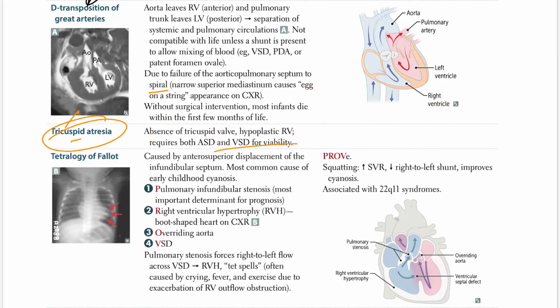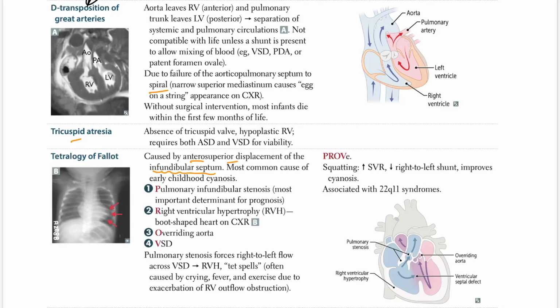Tricuspid atresia. The next thing is your tetralogy of Fallot, high yield. What is tetralogy of Fallot? It is anterior superior displacement of the infundibular septum, high yield. Infundibular septum. What is the infundibular septum? Well, the infundibular septum